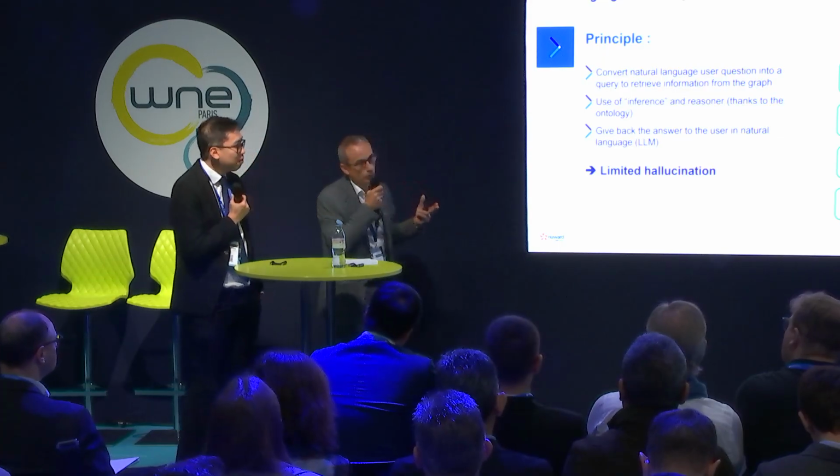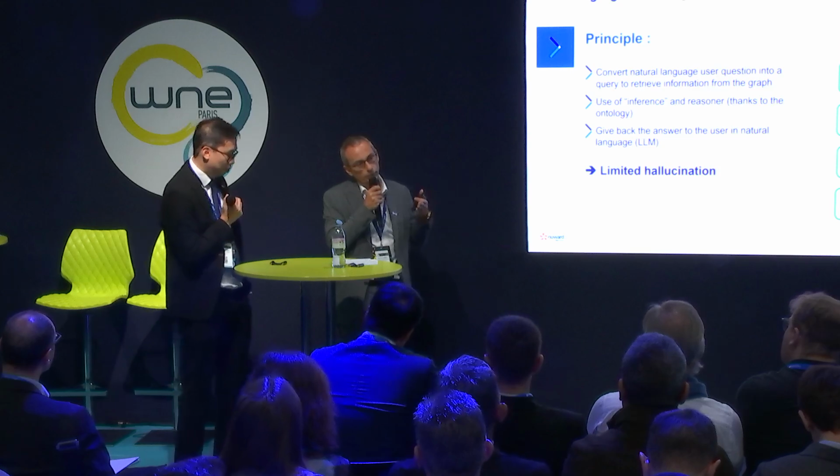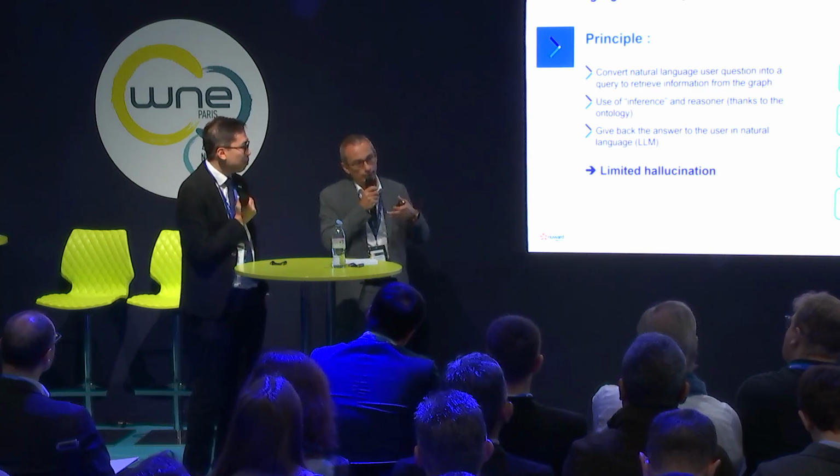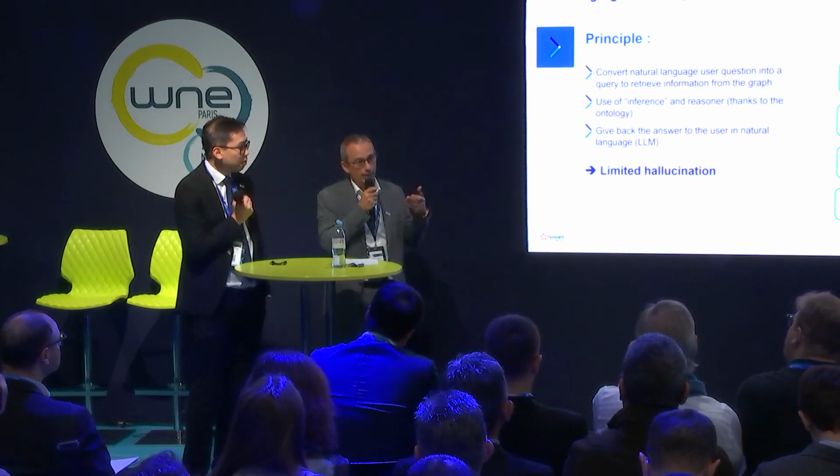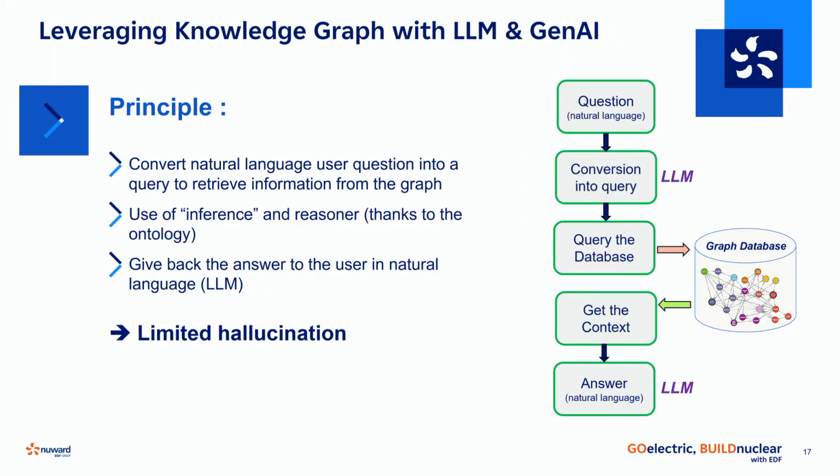With this approach, you've got a way to really interrogate the graph that has all the information, and through the query, you've got something which is really relevant because the relations are the right ones. The LLM is not going to invent any additional type of relation. So it will retrieve exactly the data that are relevant to your question. And it's a way to really limit the hallucination of the AI.